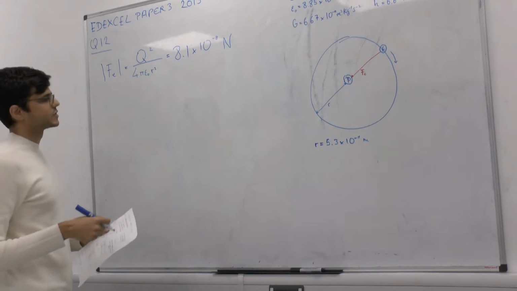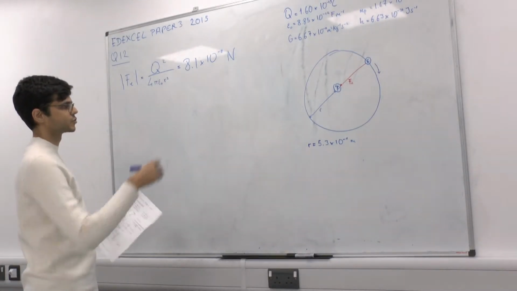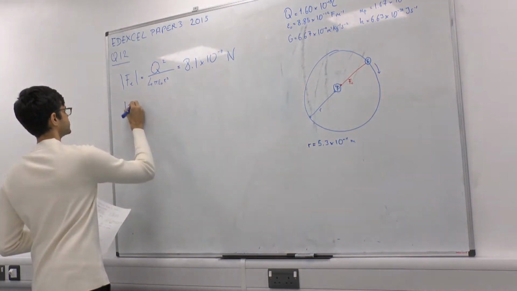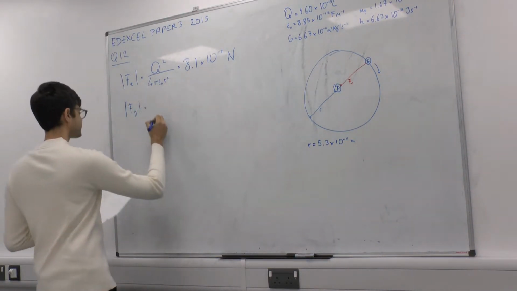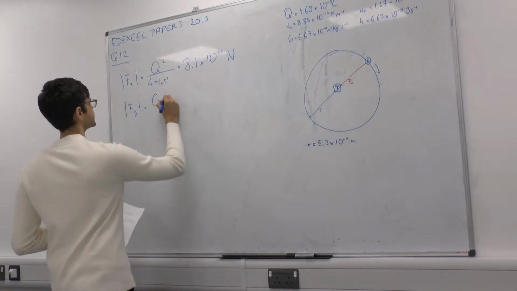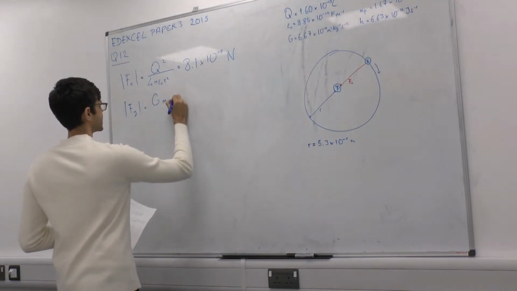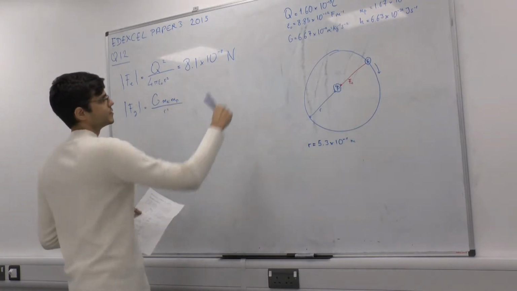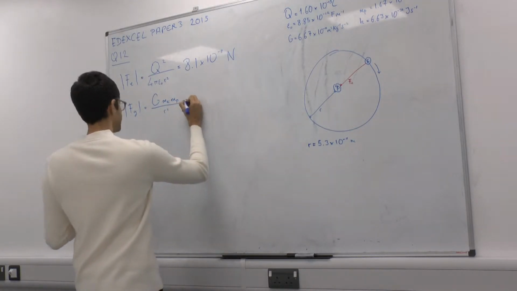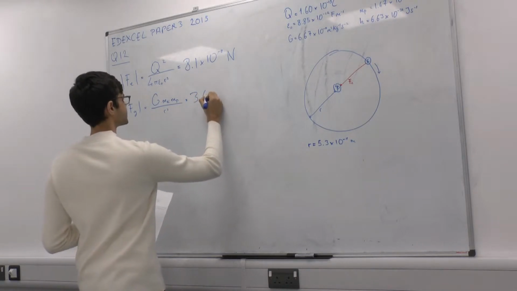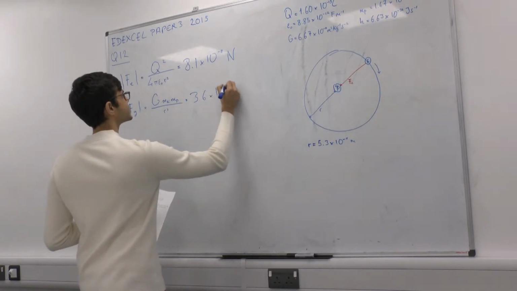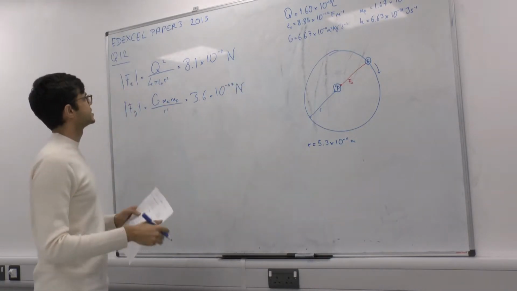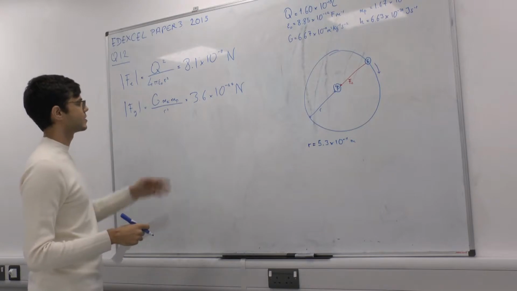Now let's calculate the gravitational force which attracts the electron to the proton. For this, we can just use Newton's gravitational law: G times the mass of the electron times the mass of the proton divided by r squared. And again, using the values listed here, we obtain this time a force of 3.6 times 10 to the minus 47 newtons. So at a glance, we can already see that the electrostatic force is a lot larger than the